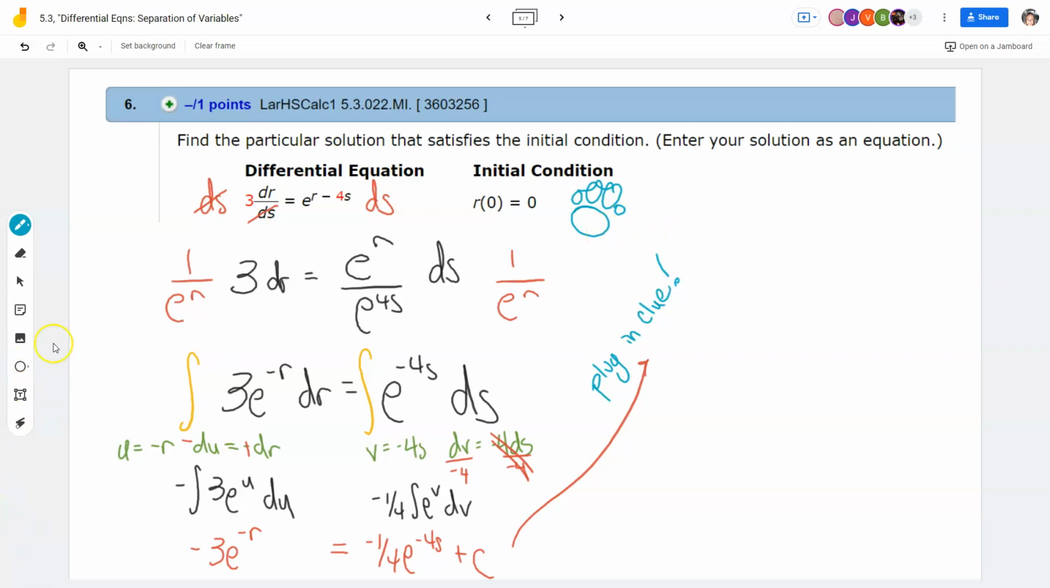I think I would multiply both sides by a negative 4. That's totally what I would do. Yeah. Right? That would make life way better. I'm gonna do that right